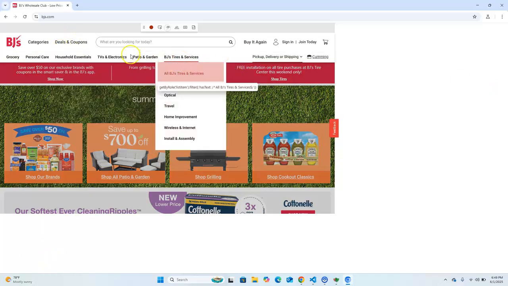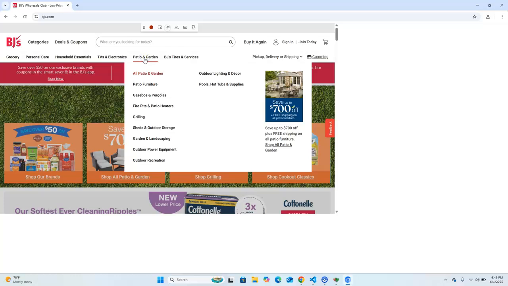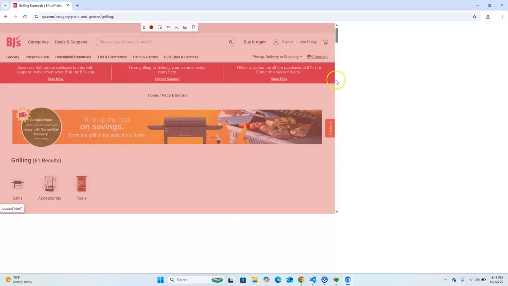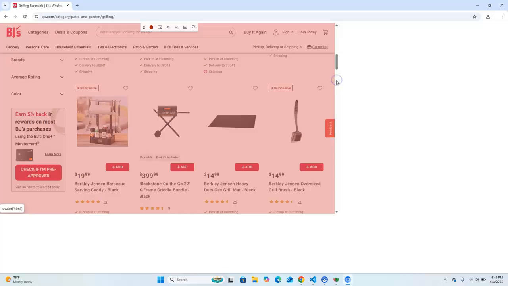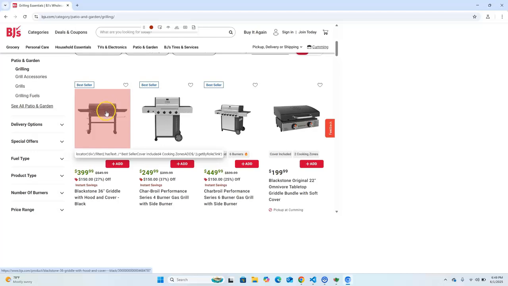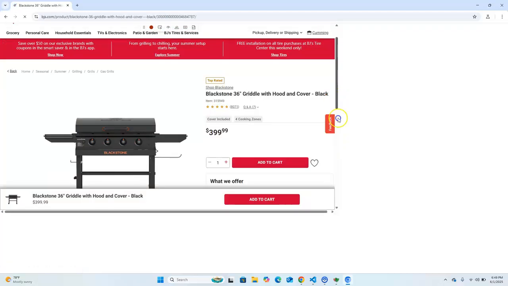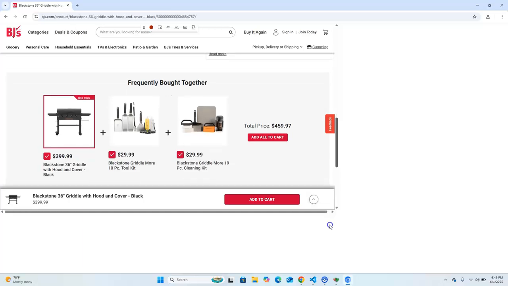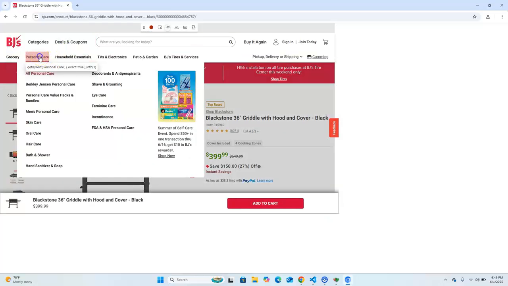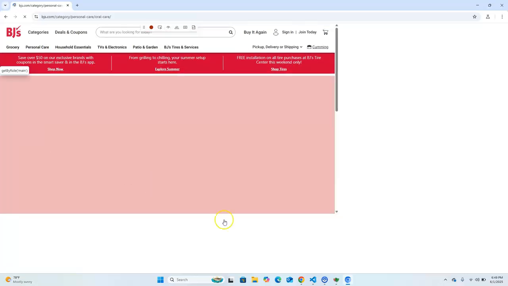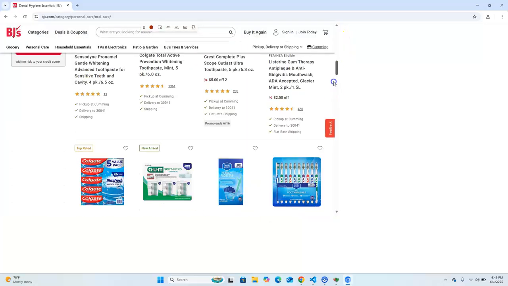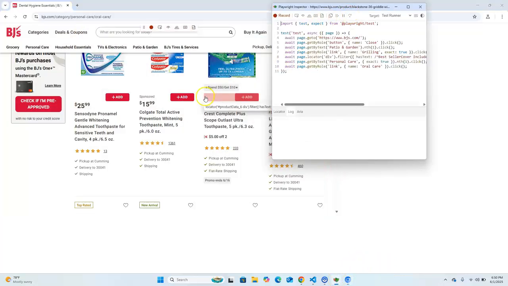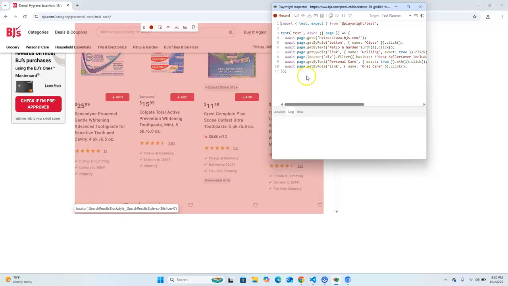And we want to select any, suppose I'm selecting Garden, selecting Grilling, and here I'm going to select this one, and go back in the Personal Care, Oral Care, and click on it. So whatever action I perform on this page, this browser window, it will automatically record